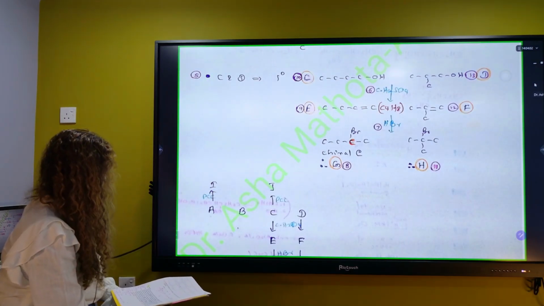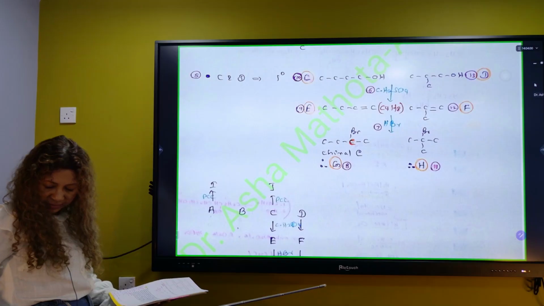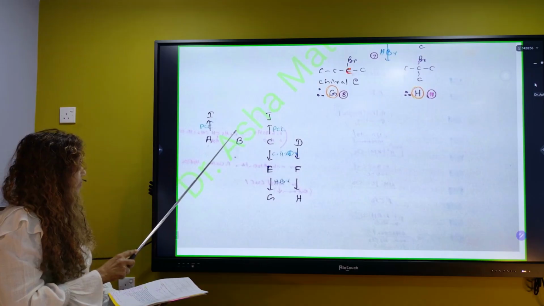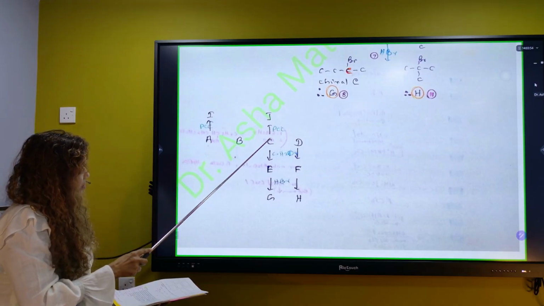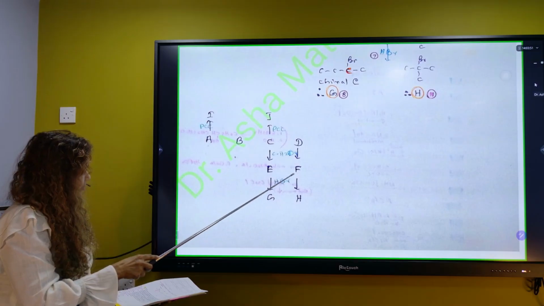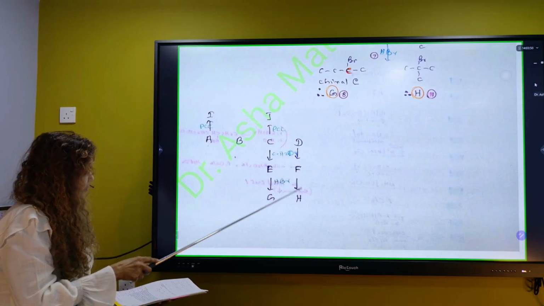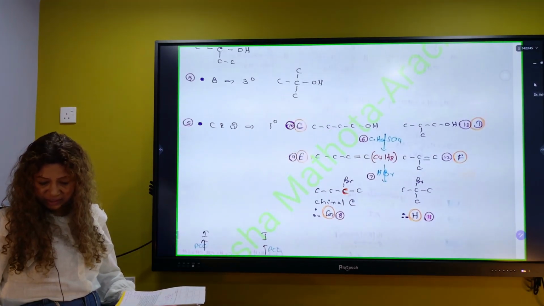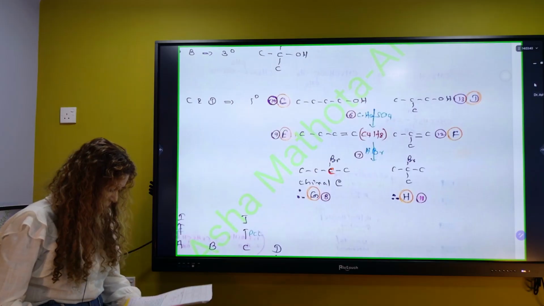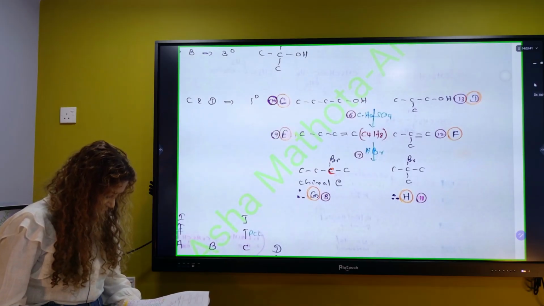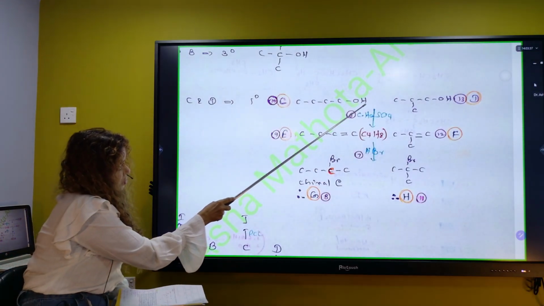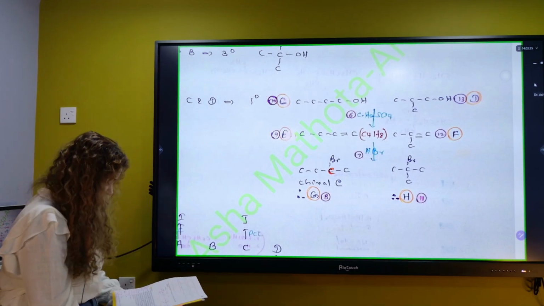Four carbon, the other two isomers are these two. Which is which? I just keep asking you to draw this kind of sketch, like A gives I, B, then C gives J, C gives E, D gives F, D gives G, and F gives H. So you need that kind of a little sketch while going through this path. C and D react very slowly, meaning both are supposed to have CH2OH. So these are the only possibilities.